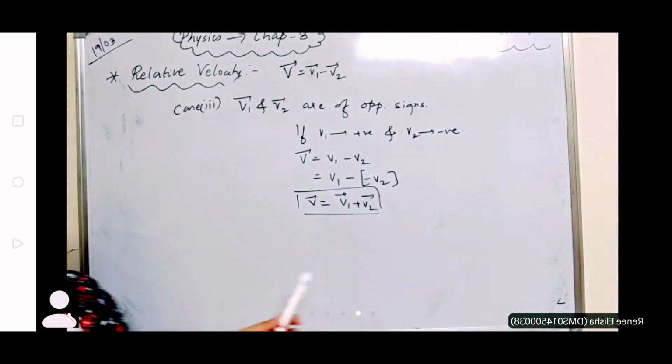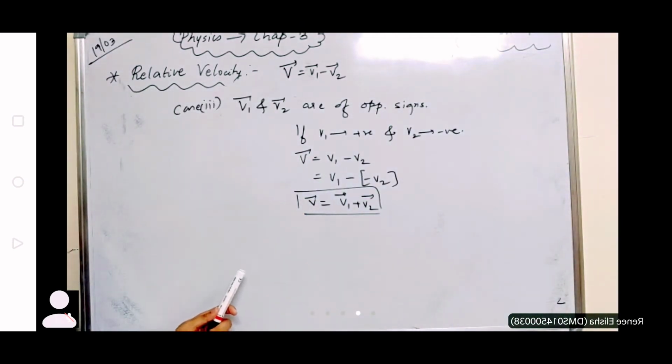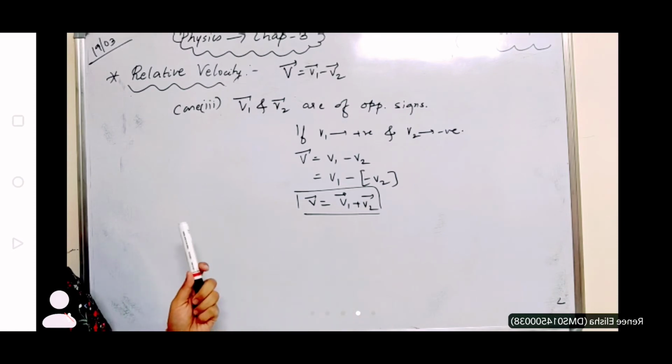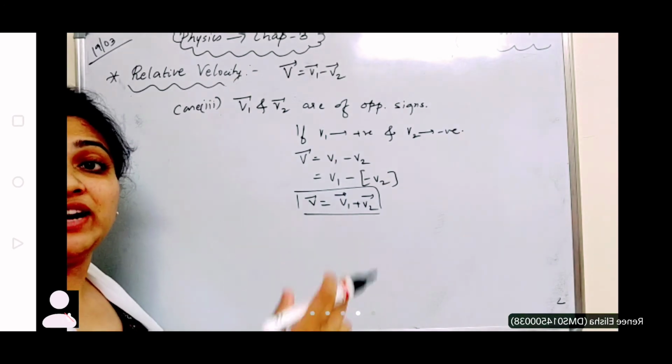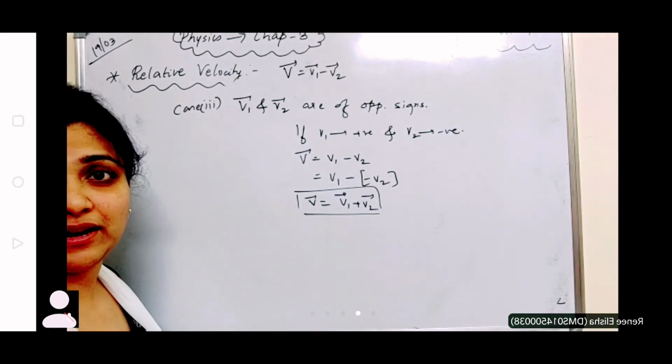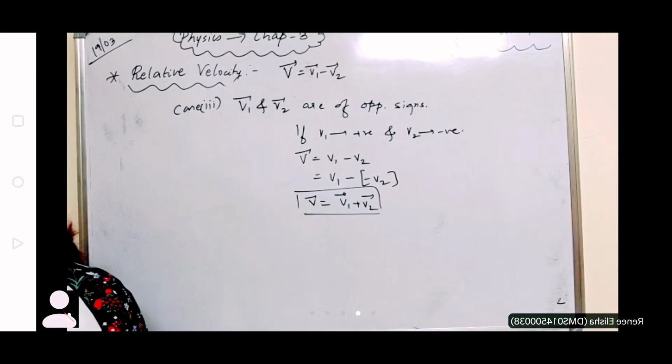We say that, in general, if the objects under consideration are two trains, then a person sitting on either side of the train feels the other goes very fast. It is because the relative velocity becomes so large, that is V1 plus V2, because of their relative velocities, we say it. So this is nothing but the third case.